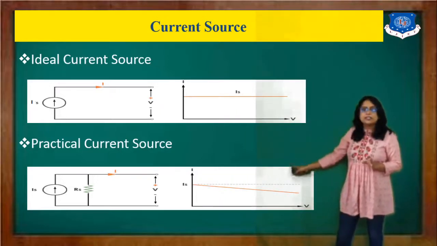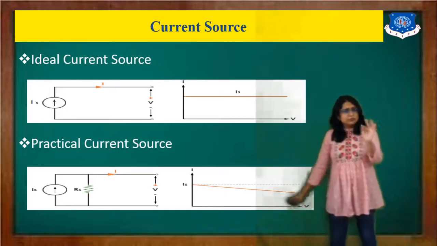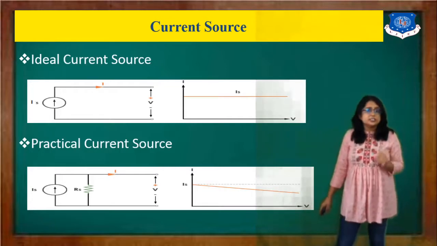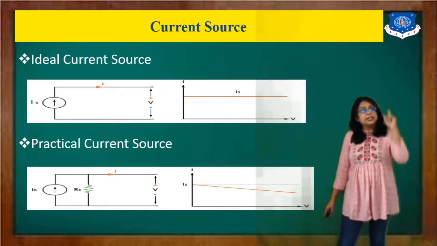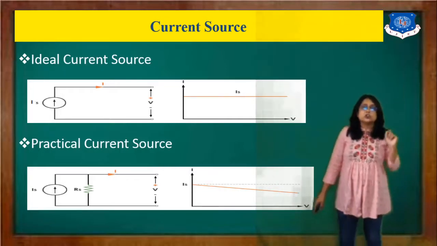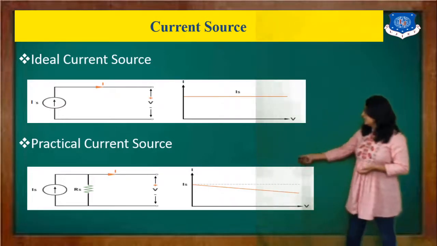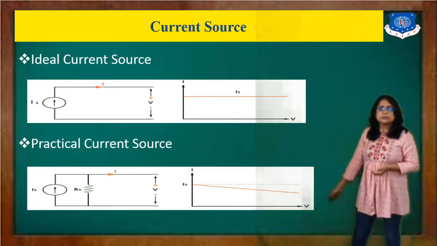And here we have, in the second case, that resistance R_sh. Sometimes that is known as a shunt resistance, R_sh. And in case of voltage source, that is known as R_se. That means it's a series resistance. And see the VI characteristic is like that.